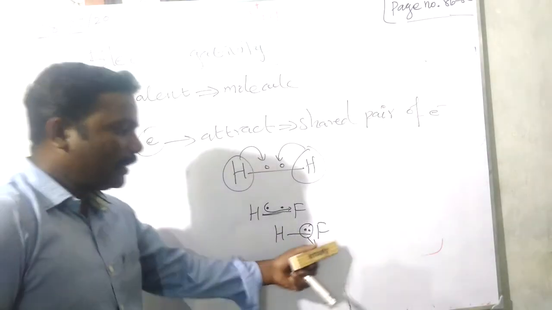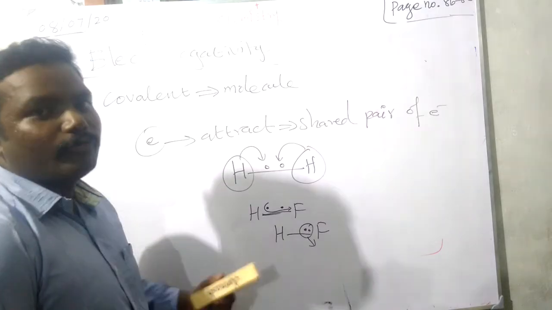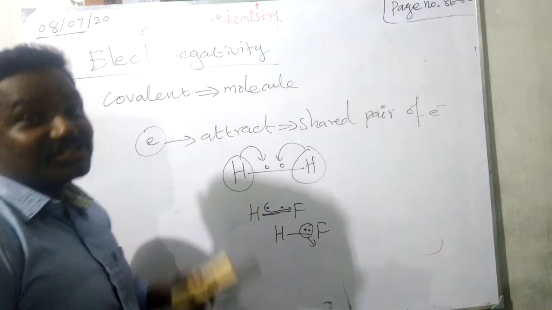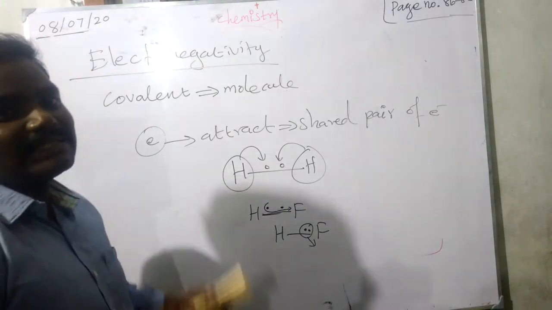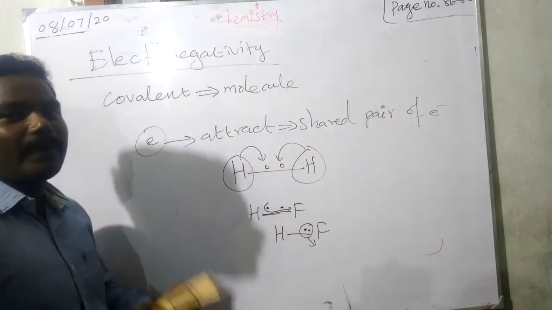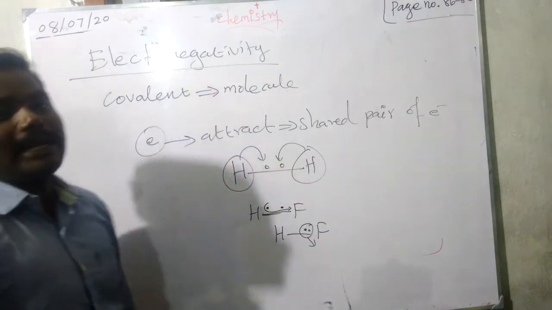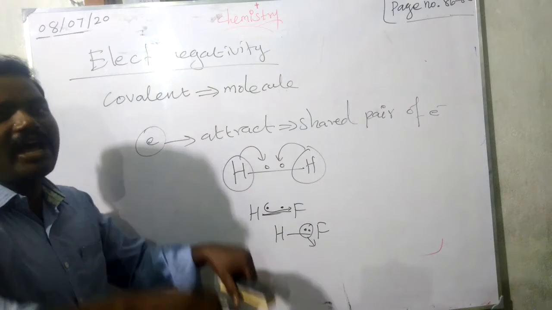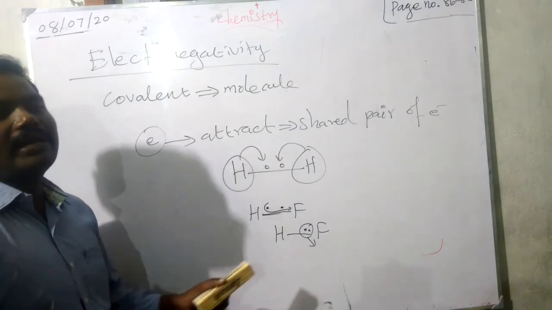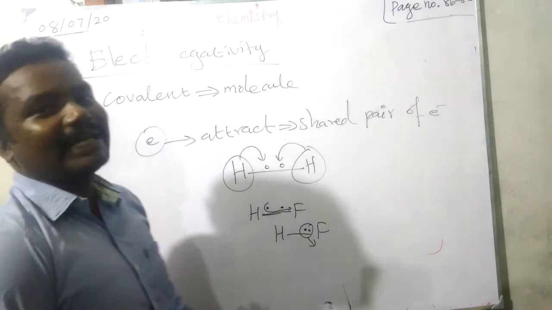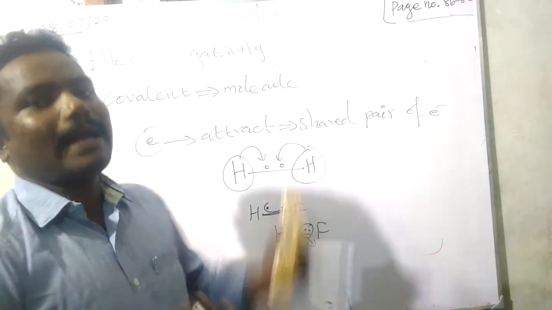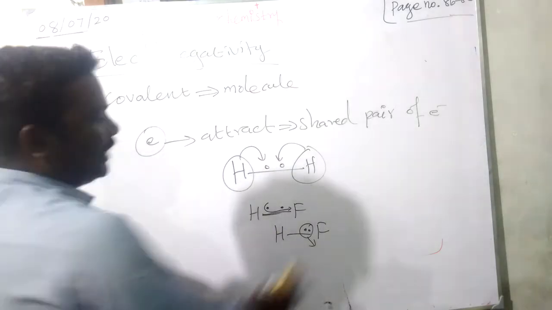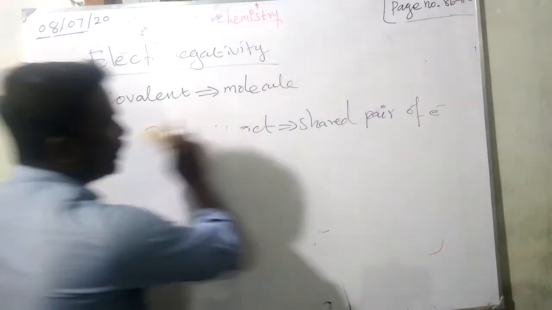Why are the electrons attracted by fluorine? Fluorine has a smaller size, so a high force of attraction on the shared pair of electrons. This attracting power on the shared pair of electrons is called electronegativity. What is electronegativity? The shared electrons attracted by any one of the elements in the bonded atoms is called electronegativity. Electronegativity in period and group, we have to learn.